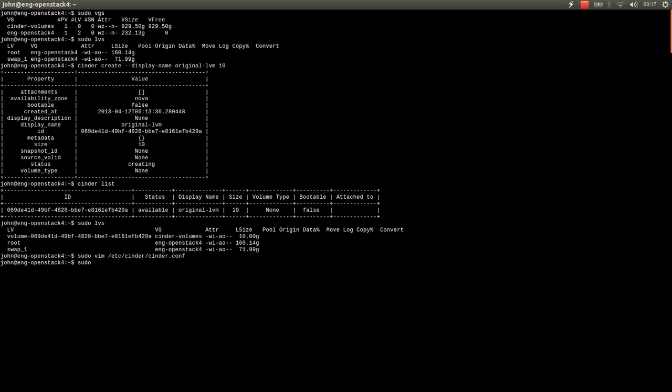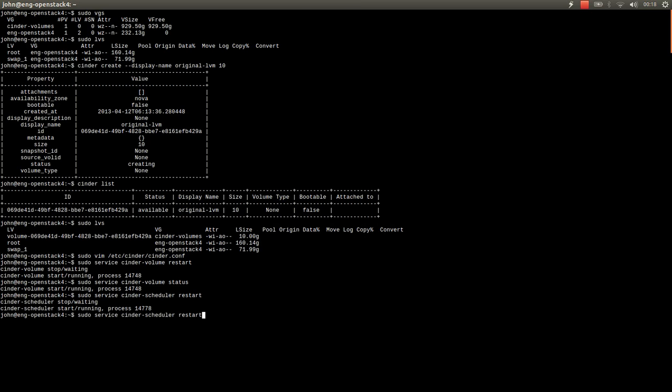The next step is to restart the Cinder volume service and the Cinder scheduler service. And we'll double check and just make sure that it started up okay. Looks good. Now the scheduler service. Status there, and that looks good. So at this point you could actually go ahead and just start creating volumes and utilize it as is, and